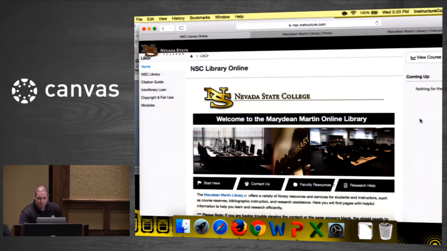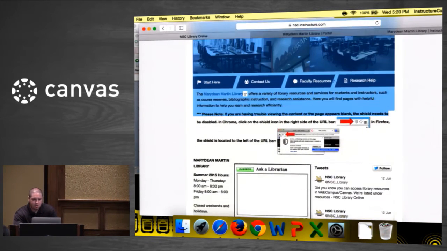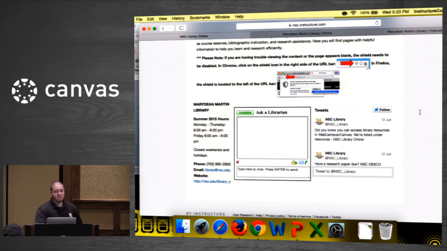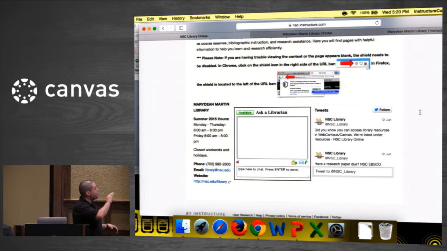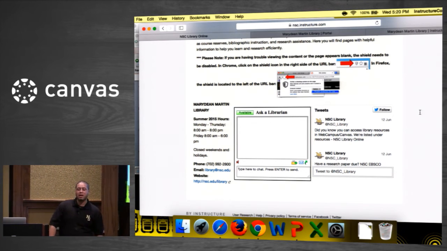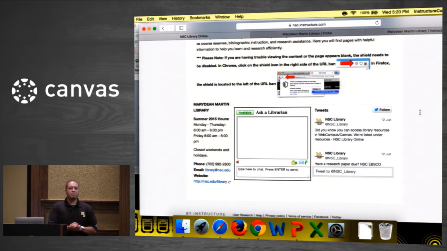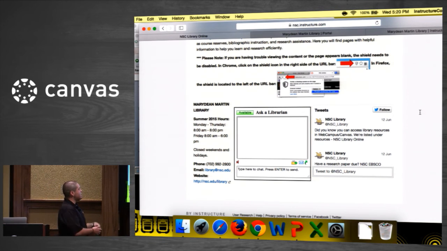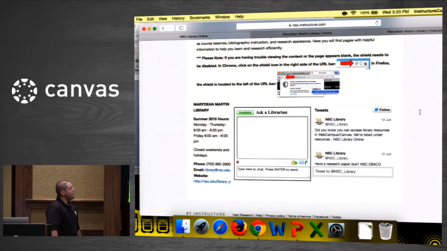Going back to this home page, I want to show you. If I could expand this a little bit, and it's not really allowing me because it'll cut off, but it's pretty clean. There's not a whole lot of information on there. I have the 4 buttons at the top, and then right underneath, the hours, so I can manipulate the hours right away. Like I said, usually I have to put the request in to the web developer. Hopefully they'll get to it right away, but with access to Canvas, I can do it myself. We have the chat feature right there.